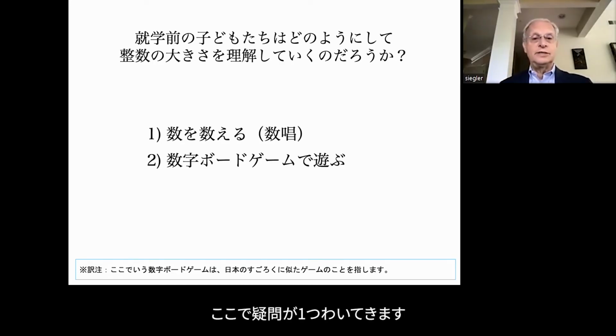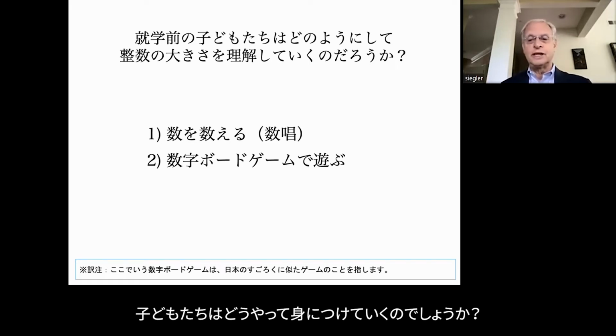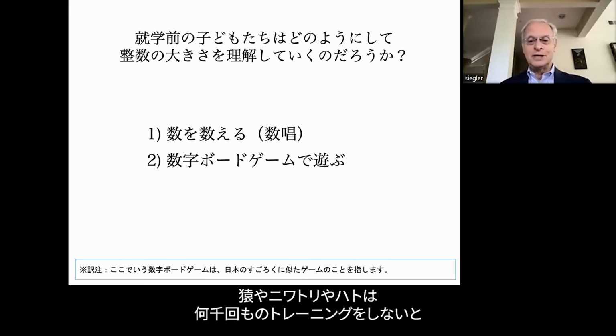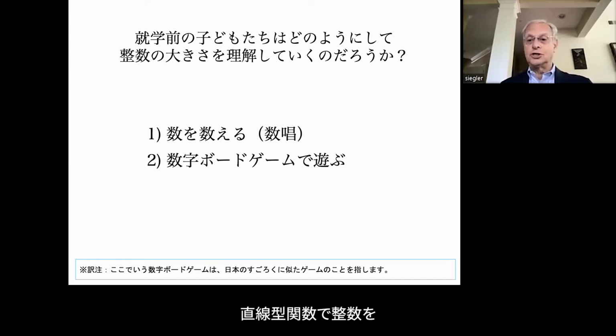Now, findings like these raise the question, well, how do children acquire a linear representation of whole number magnitudes in the first place? Because the logarithmic representation is more natural. Even chickens and pigeons and monkeys show logarithmic functions unless you train them for thousands of trials to do the linear function. They can do it, but it's not natural to them at all. They really prefer the logarithmic one. So we ask, well, how in the world does any human acquire a linear function for any numerical magnitude?